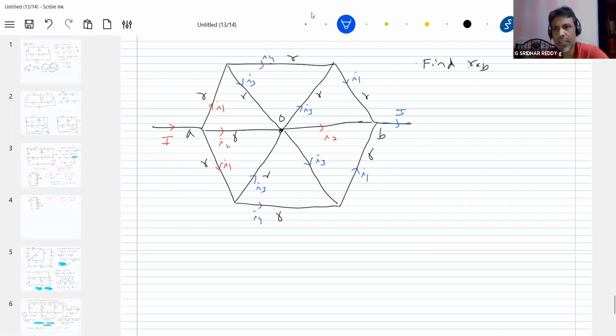Now, the very first question you can ask here: why is it not branching? It's a junction, no? This I3 can branch out here. So here, what is the method? I'll go for